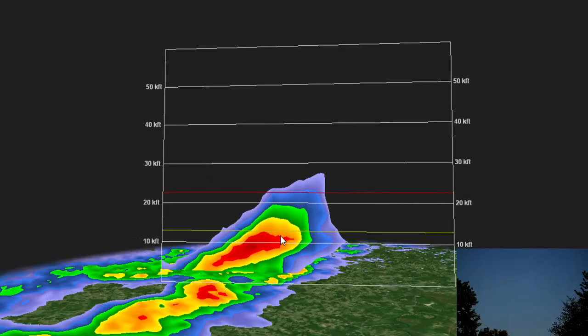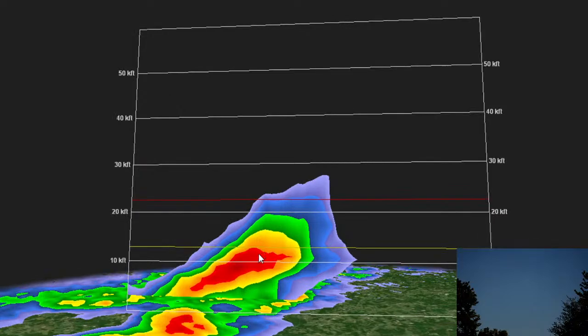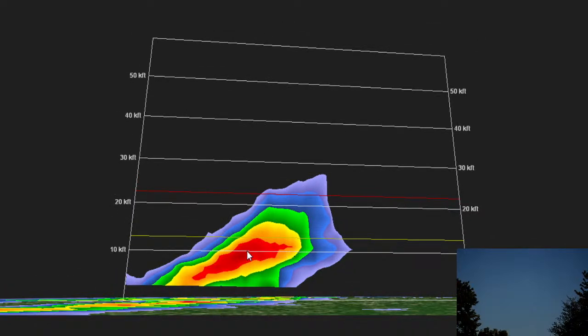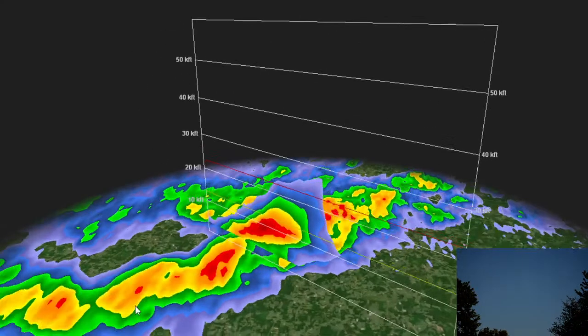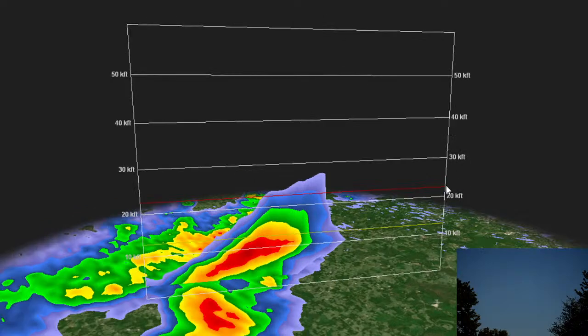So, two criteria to make it severe are 1-inch hail or a 58 mile per hour wind gust. The one thing that would make this severe is if this collapsed and caused an outflow boundary gusting to 58, but that's probably not going to happen here. Once that starts to collapse, you get rain, you get a downdraft, and you get outflow boundaries, then you can get cooler winds from the upper levels. The cold air drops from the upper levels and blows out once it hits the surface. It'll cool the temperatures off a little bit, but getting up to the 58 mile per hour range,